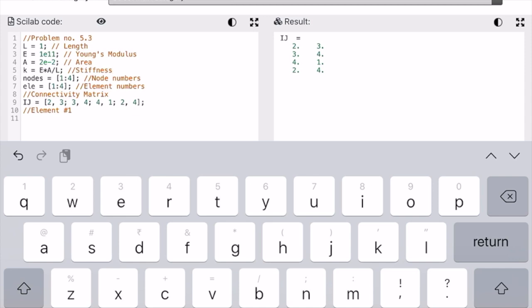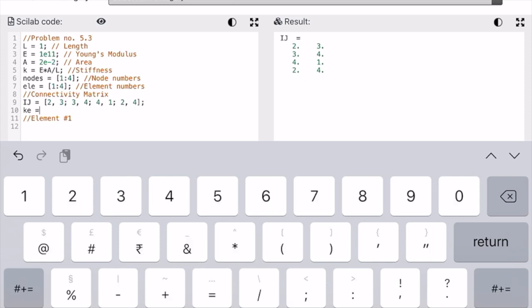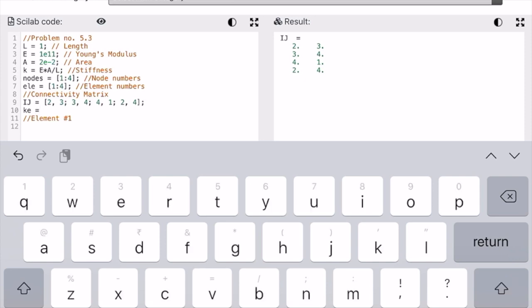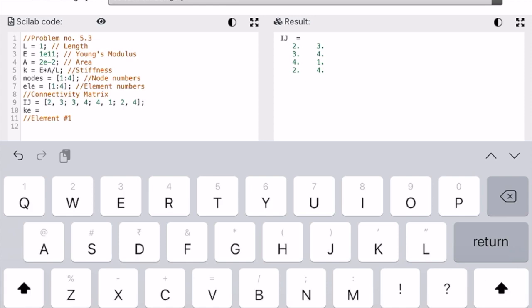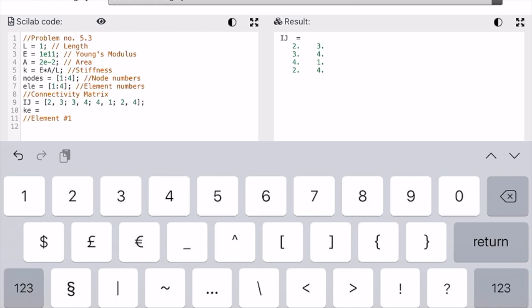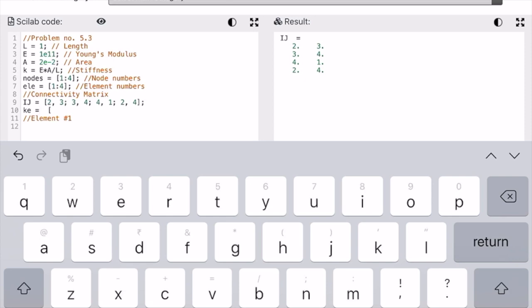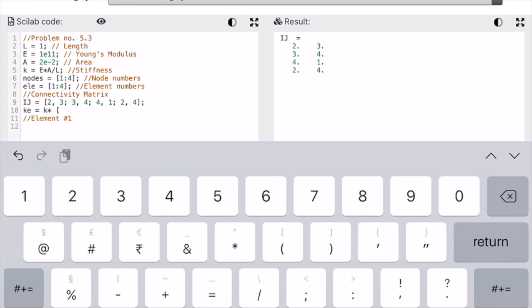So we can say ke. ke tells you the very basic one, from where we can rotate and make everything. So ke will be equal to k multiplied by,